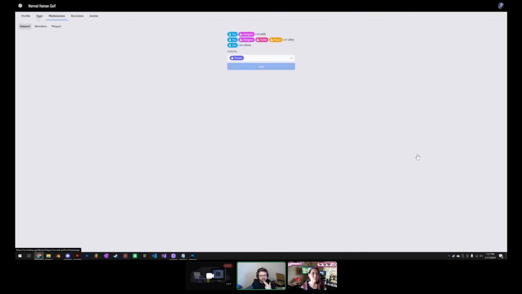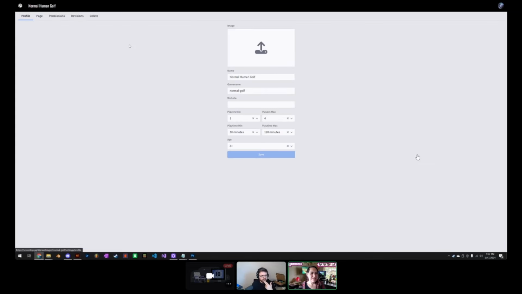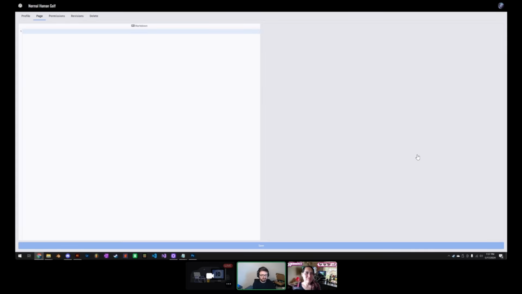Cool. I'm assuming page is what's listed under the page if people go there? Yeah, it's the description, if you were to go there. Okay. So if I did the thing,